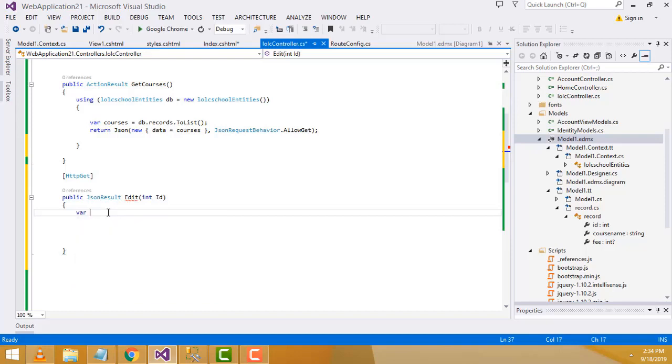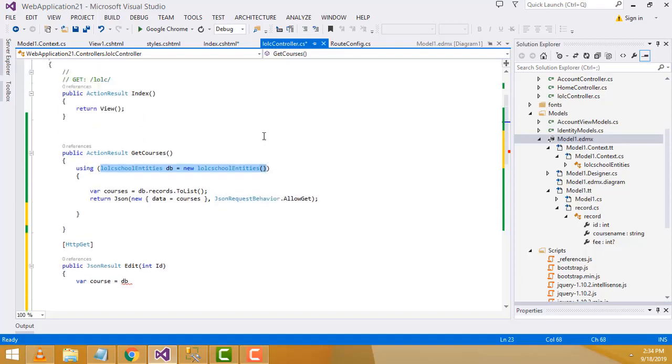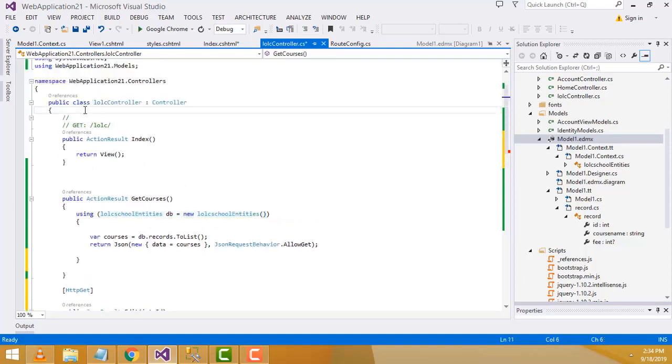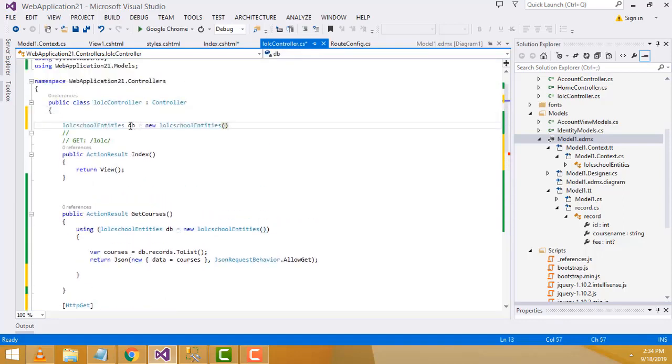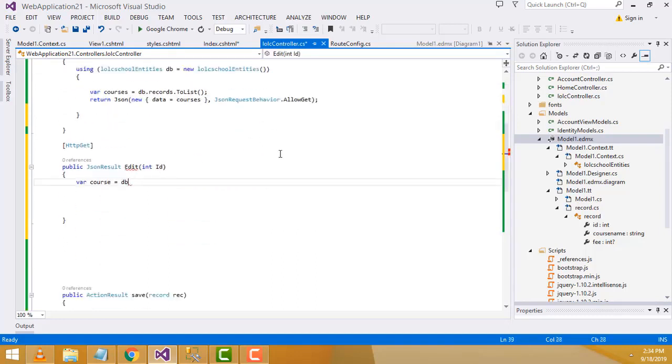Now here you have to create the variable, var course equal to db. You have to create this one: Control C to copy the same thing, and paste it above. Simply you have to access this object anywhere, right? So we have to get it here, db dot